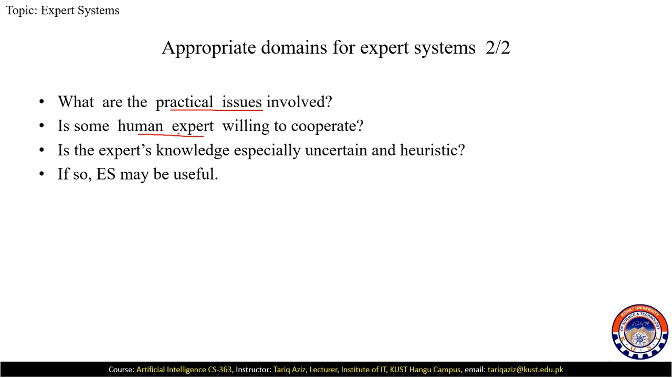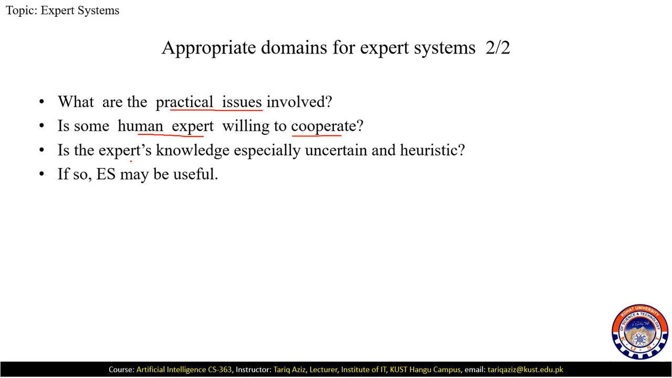Why? Because we will get the knowledge of the human expert. Also, we will try to understand how this human expert performs reasoning. So we discussed these two points in the previous lecture. Now here, this point is very important: is this human expert willing to cooperate? Because if this human expert is not willing to cooperate, then ultimately we cannot develop an expert system. Okay, and